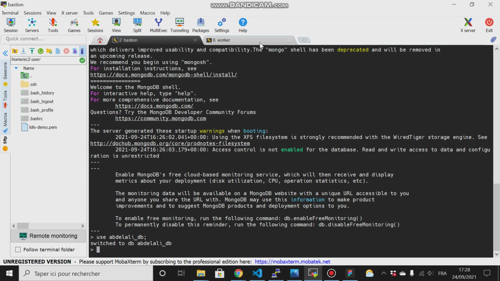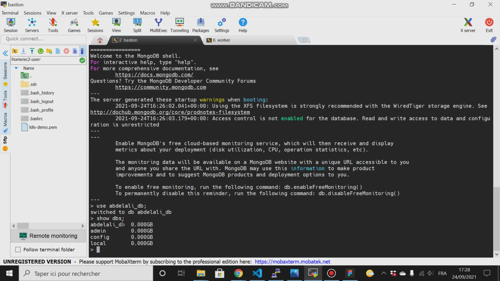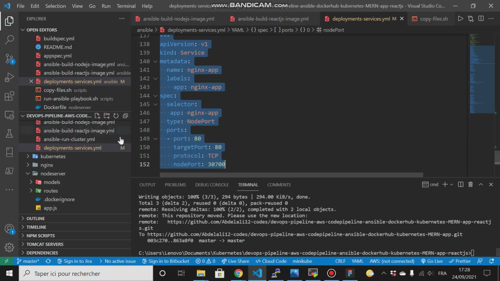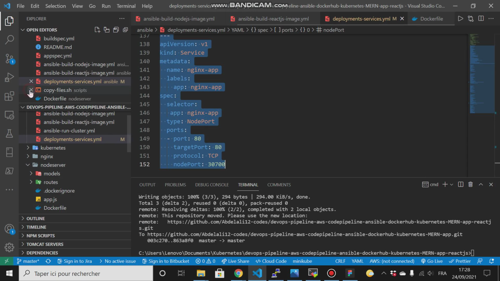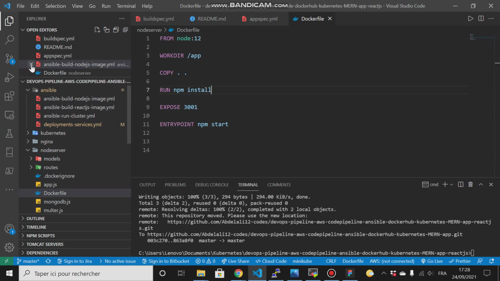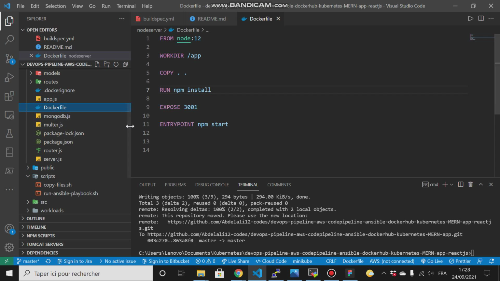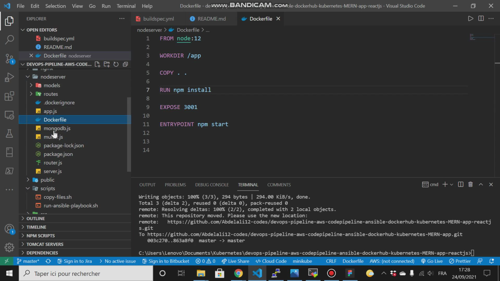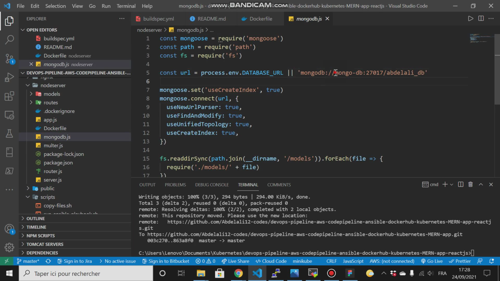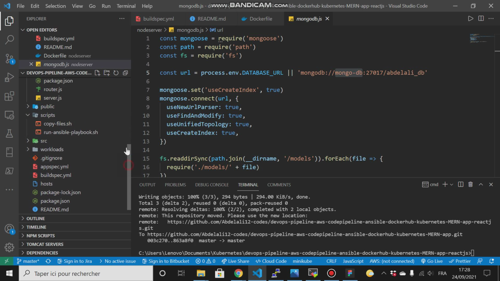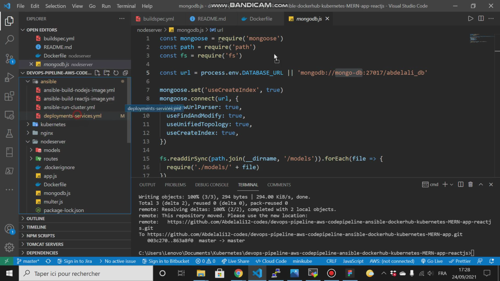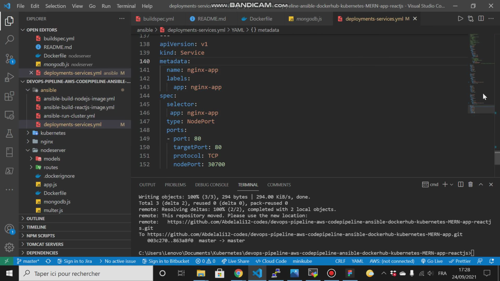DB, right? If you don't know how to do that, just type show dbs and they have the DB. This DB is here. The things that I want you to pay attention to very well, if you don't pay attention to them, you might end up with an error, are here. Go to the MongoDB folder in the node server folder, right? And make sure that this name matches the name in the services that we have here. It matches this name,